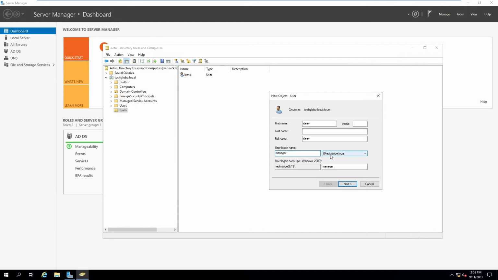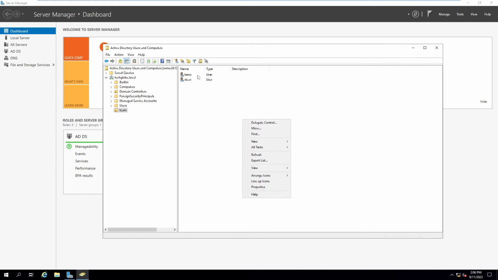Manager@techglob.local. Uncheck and create the password. And this is the way how to create Active Directory users and computers, the user configurations and user creations,